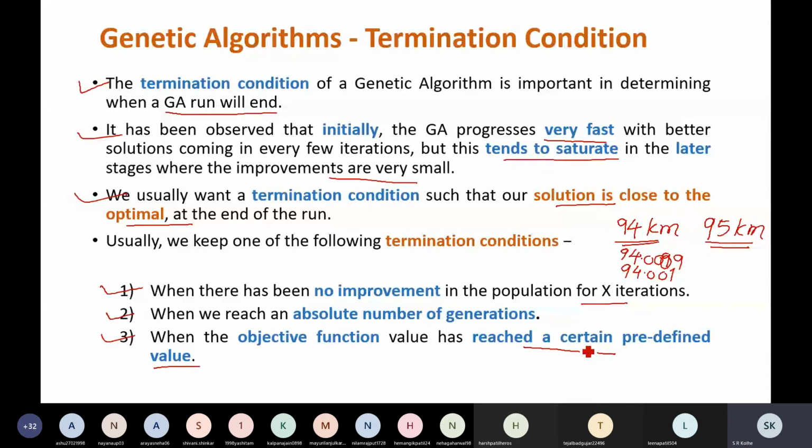Third possibility is, you specify some predefined value, for example in the traveling salesman problem, the distance with which you will be satisfied, so that can be the terminating condition.